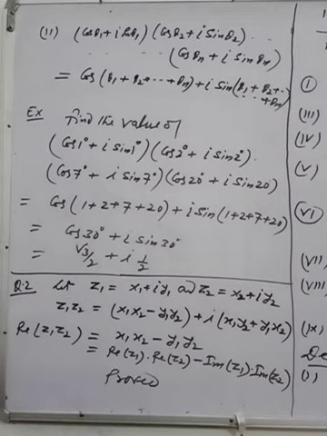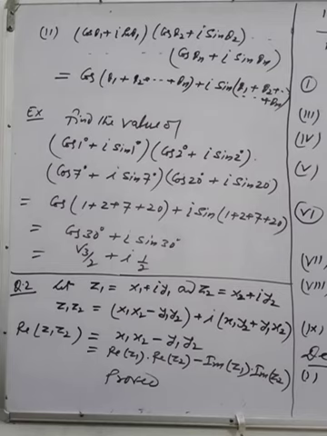In question number 2, you can take the values of Z1 and Z2, two complex numbers, Z1 as x1 plus iy1 and Z2 equal to x2 plus iy2. To find their product, means Z1 into Z2, when you multiply simply, you will get x1 x2 minus y1 y2, this is the real part, plus i times x1 y2 plus y1 x2. So after multiplying you will get this much. So in Z1 Z2, the first part free from i is real and the second part containing i is the imaginary part.